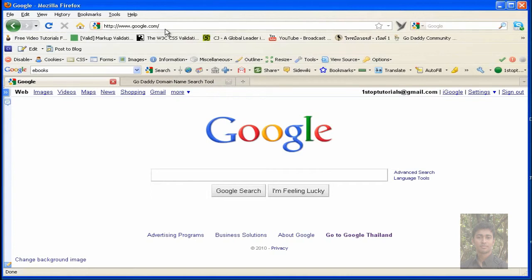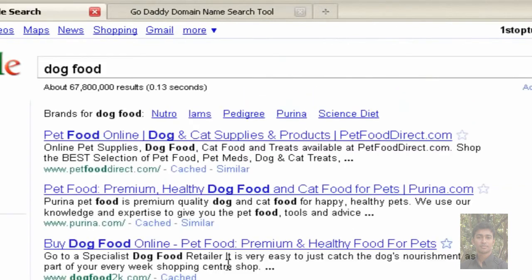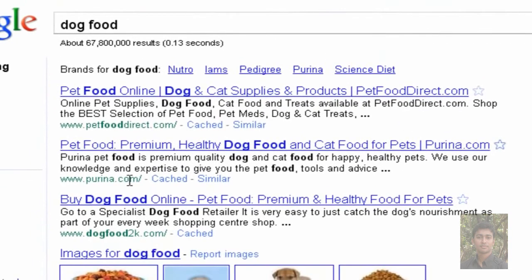Whether you know it or not, search engines assume that there are keywords relevant to your domain name, and they will boost your website higher if there are. So if you have a domain name, for instance, let's type in dog food, okay? You'll see here dogfood2k.com or petfooddirect.com. Google assumes that these keywords are inside of these websites. If these keywords are inside of these websites, and if we went to it, I'm sure we would find them, Google will give you a higher ranking, okay? It will actually boost you up higher because you have a domain name that is relevant to the concept of your website.